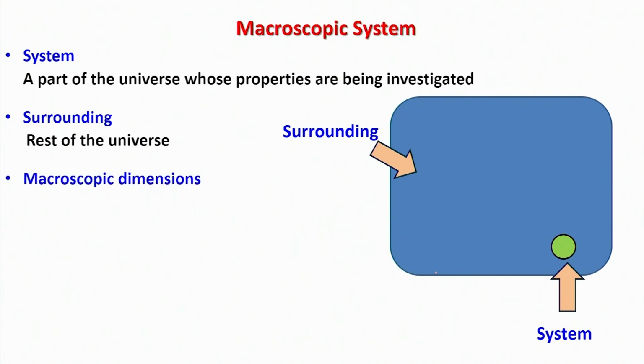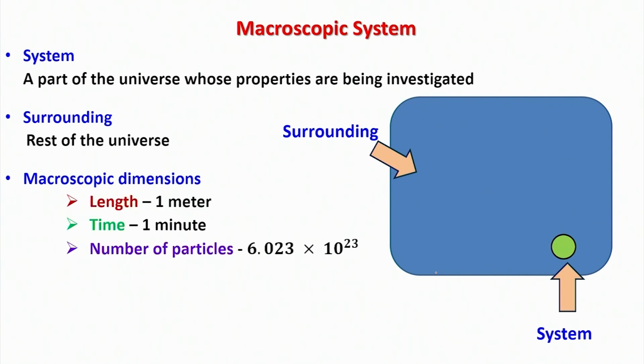Now, I have already mentioned we are interested in macroscopic systems in thermodynamics. So what do I mean by macroscopic systems? A macroscopic system is one which has macroscopic dimensions. So this means that if I am looking at the length scale, it would be typically 1 meter. If I look at the time scale in which the measurable properties are going to change, that is going to be typically 1 minute. And the number of particles, atoms or molecules which constitute such a system would be very, very large,